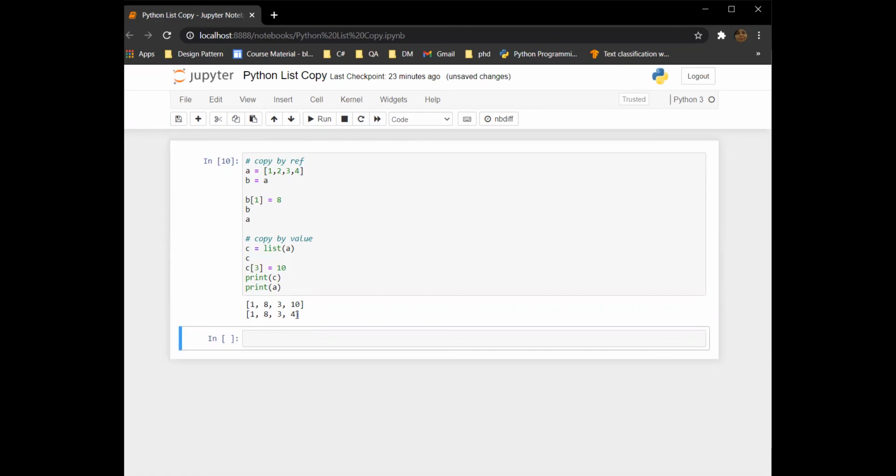So the value at index number 3 in list A remains the same. So this is how you can create copy by value, or you can create lists with copy by reference, whatever is needed.